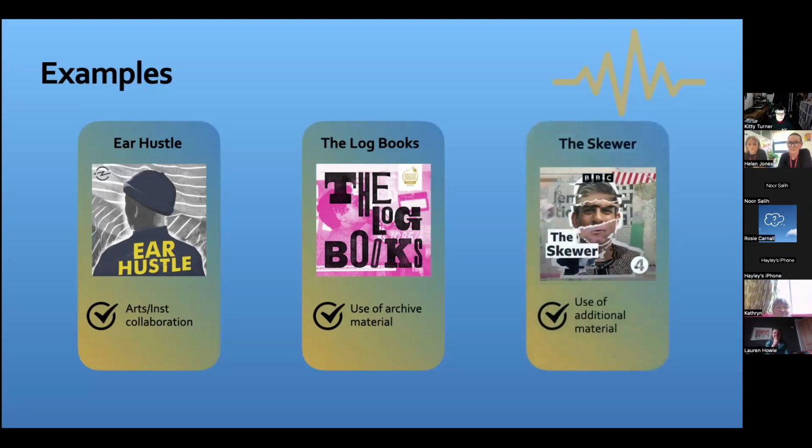And this final example is called The Skewer. This is an absolutely crazy podcast and quite short. These are only about 14, 15-minute episodes, whereas the other two are about half an hour. The Skewer describes itself as a twisted comedy treat. John Holmes brings you the week's biggest stories like you've never heard them before. The News Remix. Again, this is a really good use of archive and additional material like sound effects and field recordings. It's made by a company called Unusual for Radio 4.